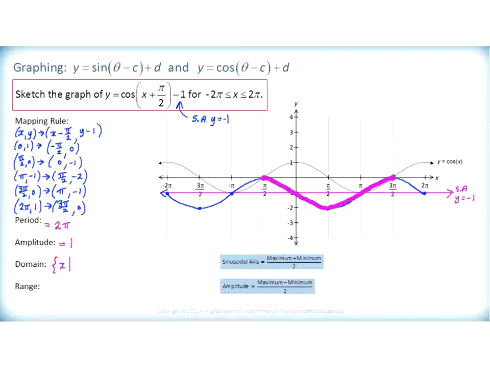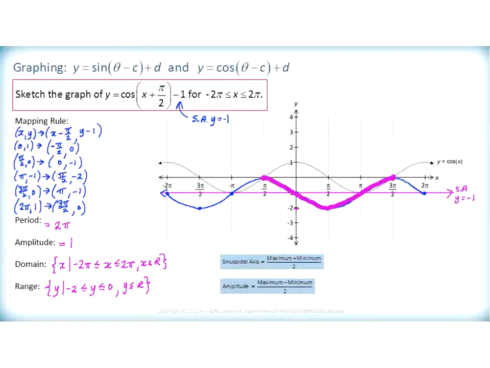In this case, we were given a restricted domain. The values of x had to be between negative 2 pi and a positive 2 pi, but it's any real number in between. And in this case, the range is affected as a result of the vertical displacement. So the minimum value that y can be is a negative 2. Negative 2 is less than or equal to y, which is less than or equal to 0,